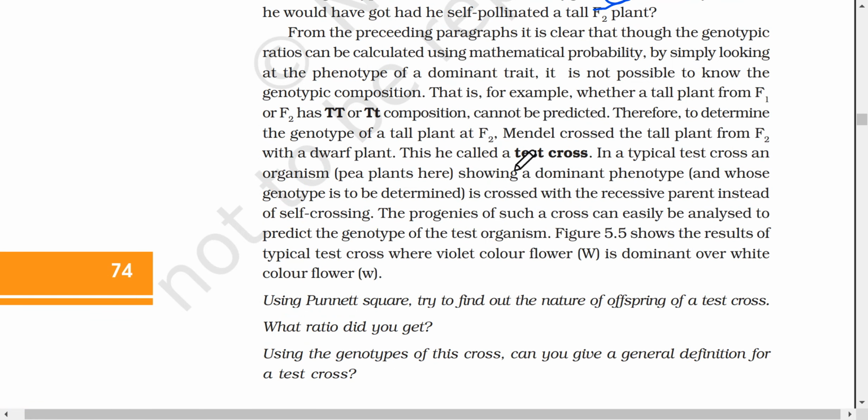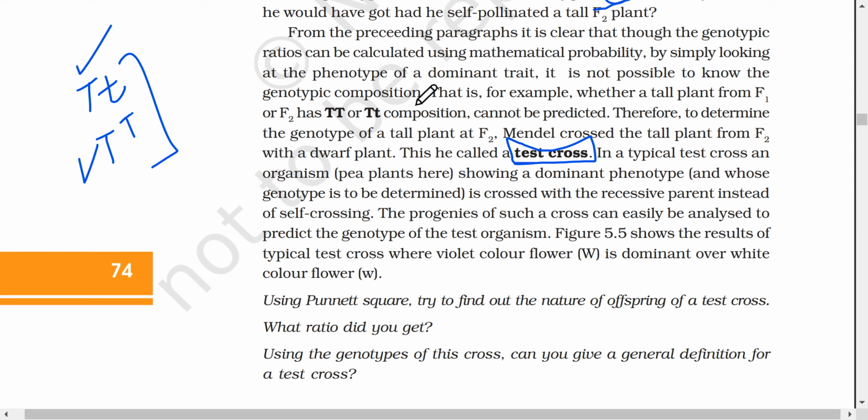अब यहाँ पे टेस्ट क्रॉस की बात आ रही है। टेस्ट क्रॉस में हम क्या करें? अभी आपने देखा, अगर हमारे पास कुछ ऐसा हो या हमारे पास कुछ ऐसा हो, इन दोनों का फिनोटाइप टॉल ही होने वाला है। अगर हमें जीनोटाइप पता करना है तो हम टेस्ट क्रॉस करते हैं, ठीक है, इसलिए इसको टेस्ट क्रॉस बोलते हैं। From the preceding paragraphs, it's clear that though the genotypic ratios can be calculated using mathematical probability